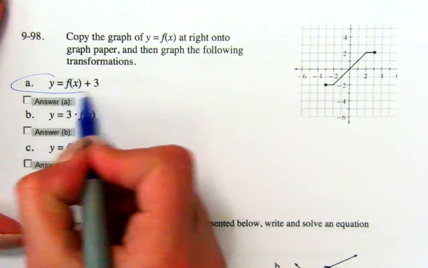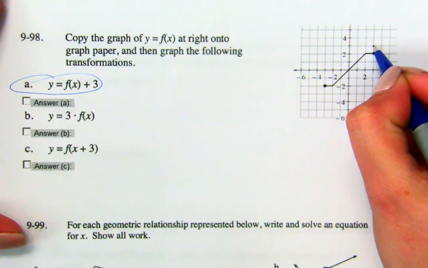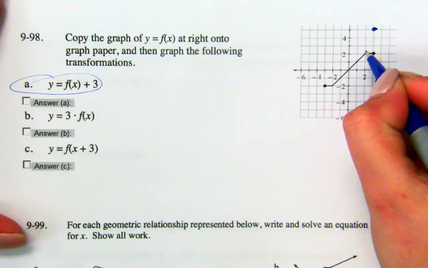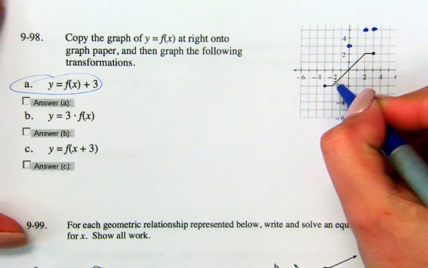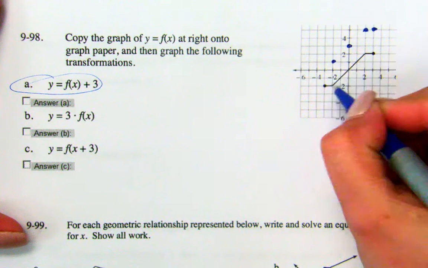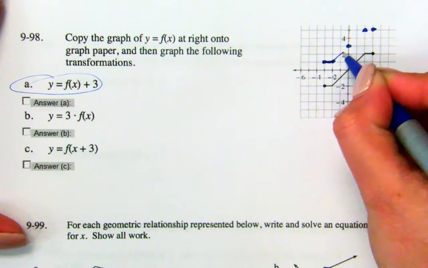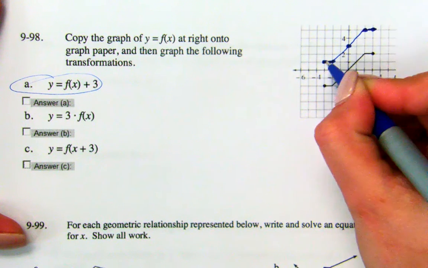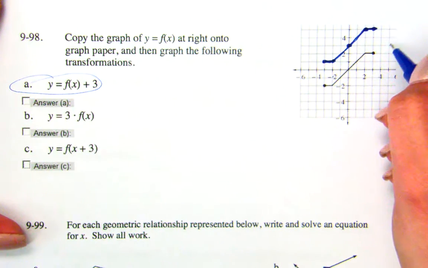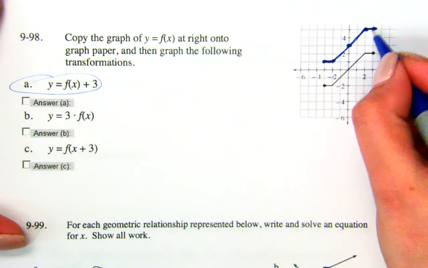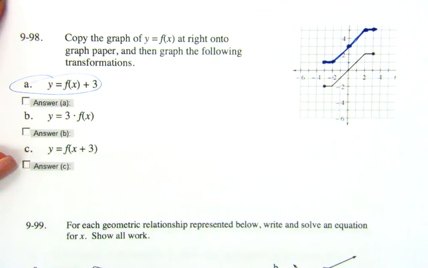So technically this value, which I'm going to do in blue right now, everything moved up 3. So 1, 2, 3, 1, 2, 3, and so on. Okay, so the graph now looks like this. Or I should say the function now looks like that. So this is the first one. This is f of x plus 3. It moved up 3. Okay, I'm going to do c next because c is going to be actually easier